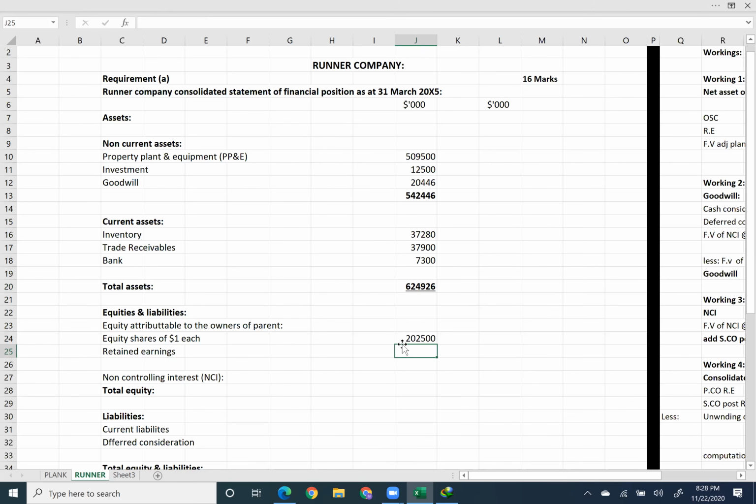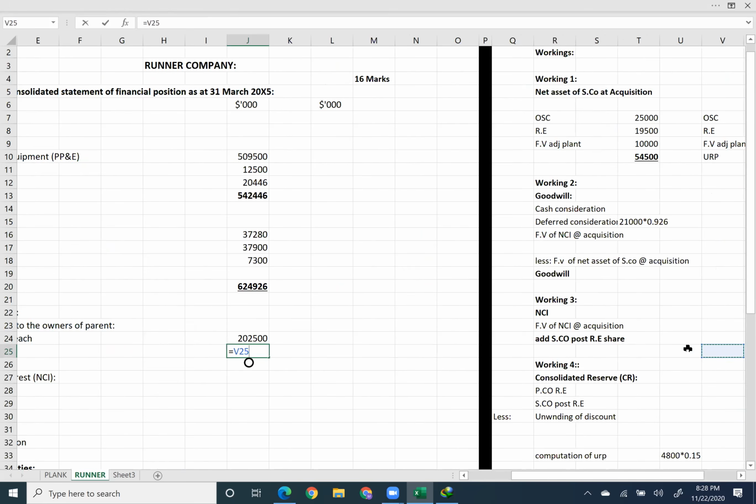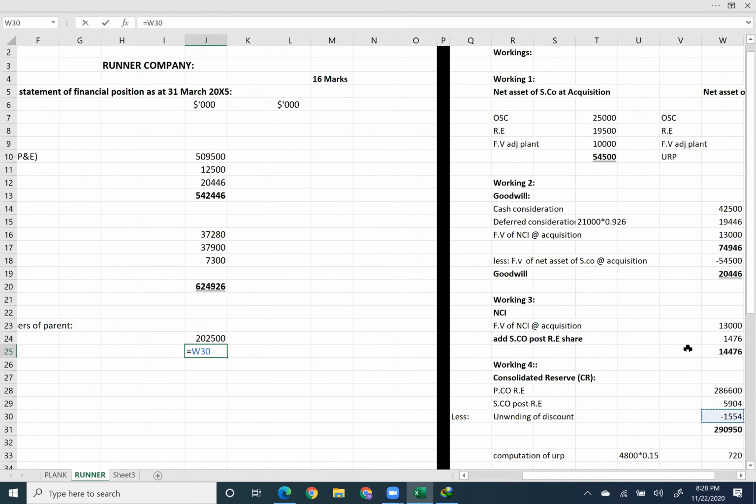Now, instead of retained earnings, we just copy the consolidated reserve, or group retained earnings. Just copy and connect the consolidated reserve, or group retained earnings. Wait. Where is the consolidated reserve? This is